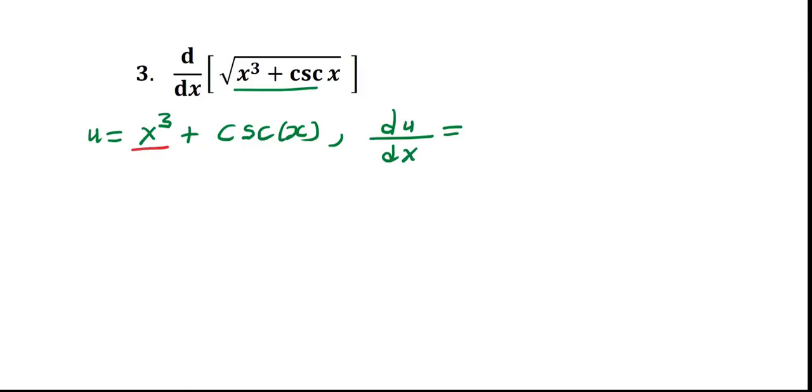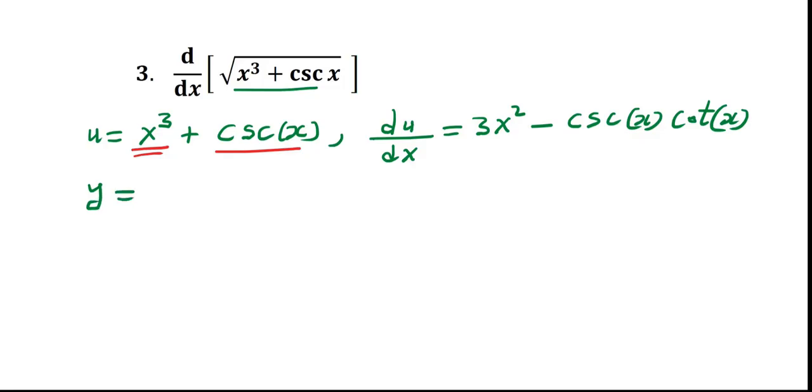the derivative of x cubed, which is 3x squared, and the derivative of cosecant x, which is negative cosecant x cot x. So next we are going to write the question as y equals the square root of u, because we have represented the whole of this